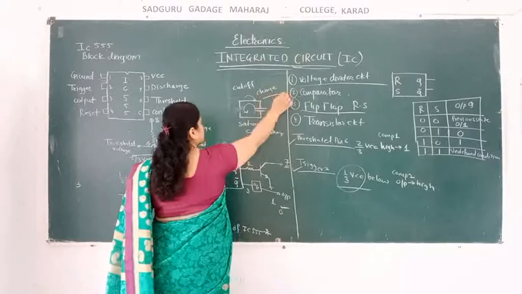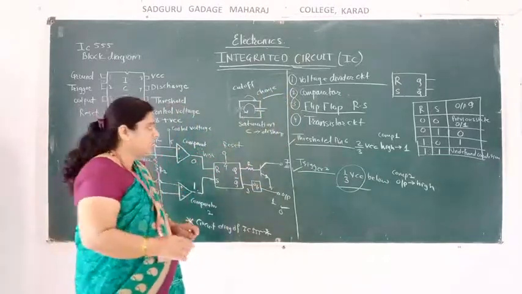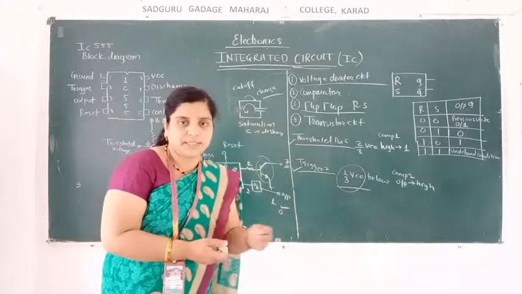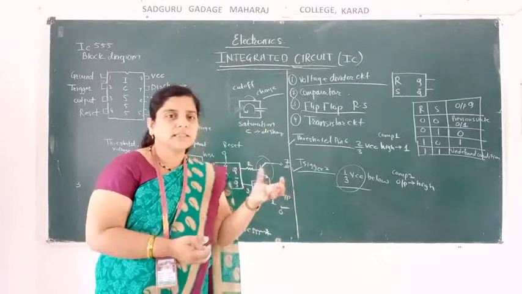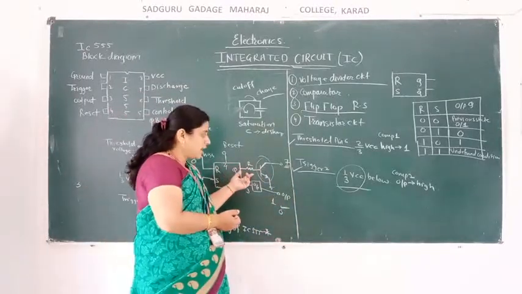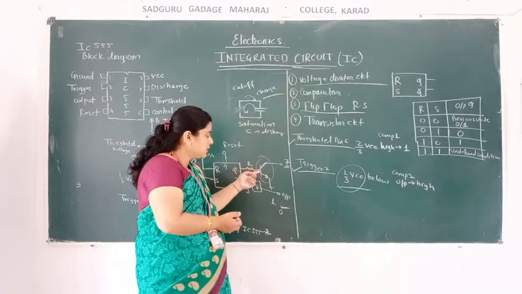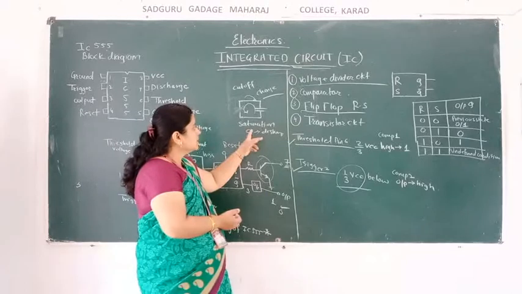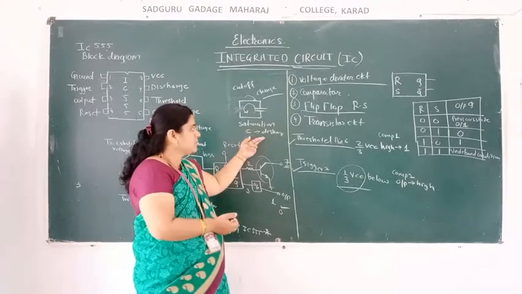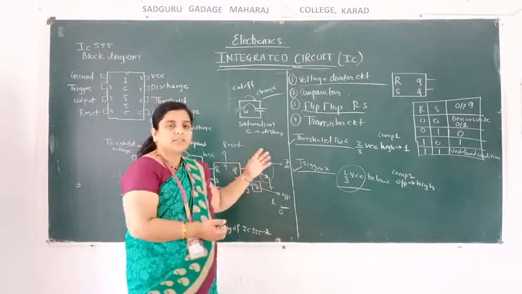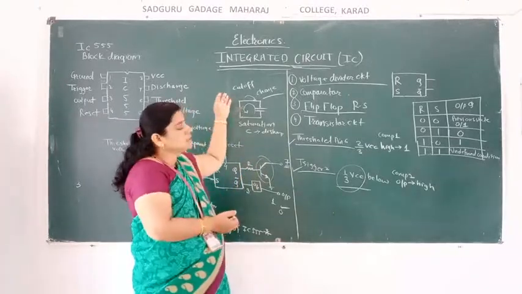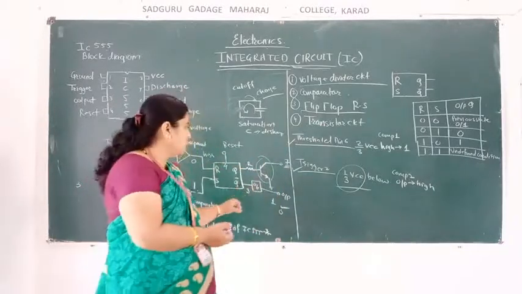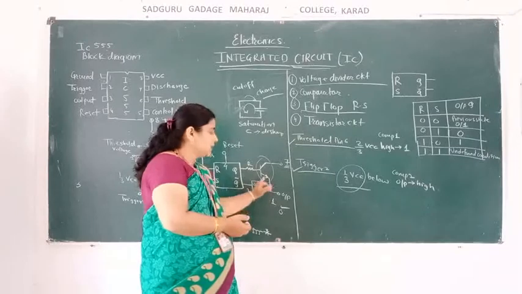So the capacitor will be charged and discharged depending on this transistor with the series resistor. Okay. So if the output Q is high, then what happens? It goes to the base of the transistor. Then if it is in saturation state, the capacitor will be discharged. Saturation means it is an on state. Then if it is in off state, the capacitor will be charged. So one small capacitor is connected in the output of the circuit, so it will be charged and discharged.